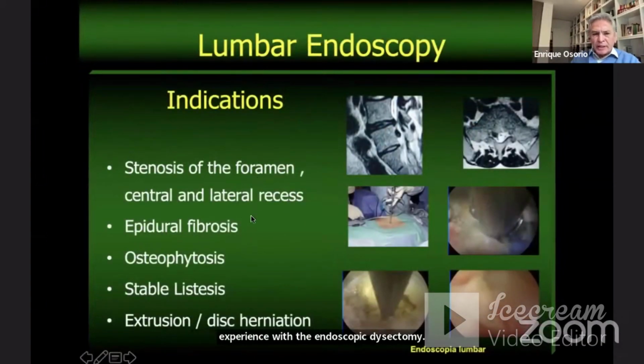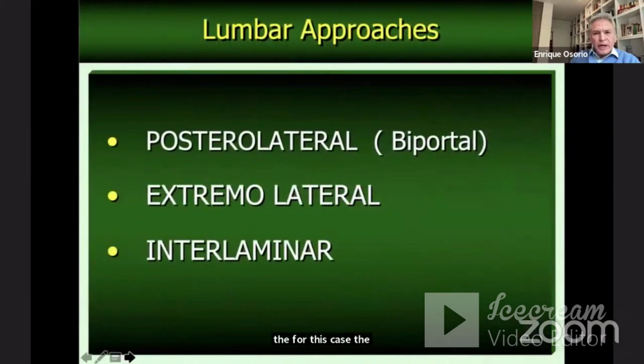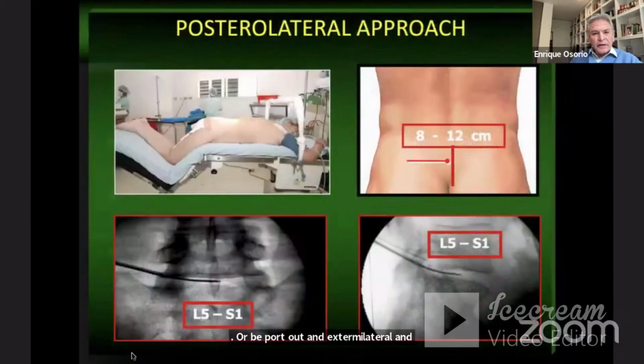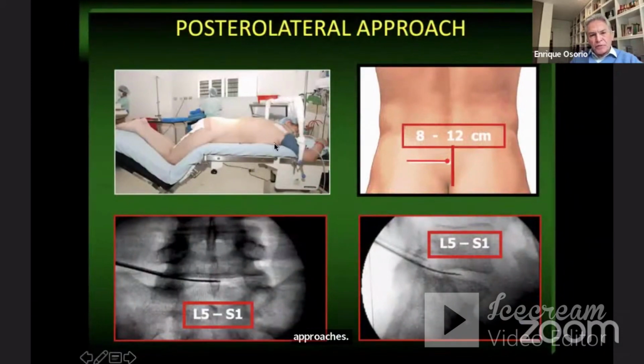The indications, as you say, are many, but for this case, the extrusion and these herniations. And we have these approaches: posterolateral, where we can do uniportal or biportal, and extremolateral and interlaminar approaches. For posterolateral, this is the position of the patient. All the patients we do under local anesthesia, and we enter between 8 to 12 centimeters and go directly